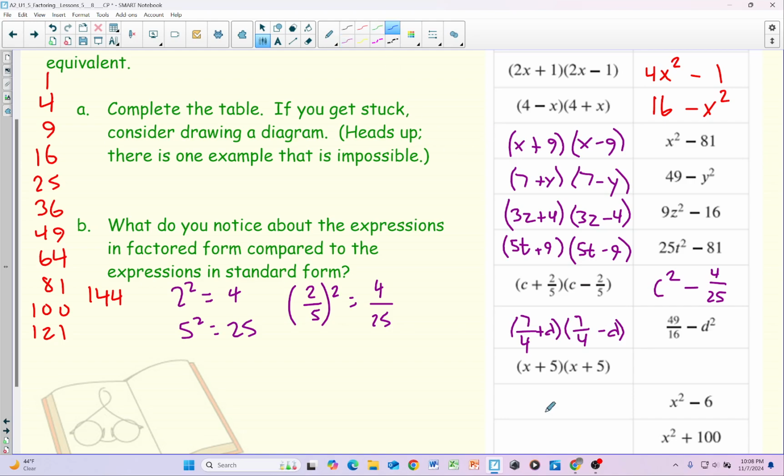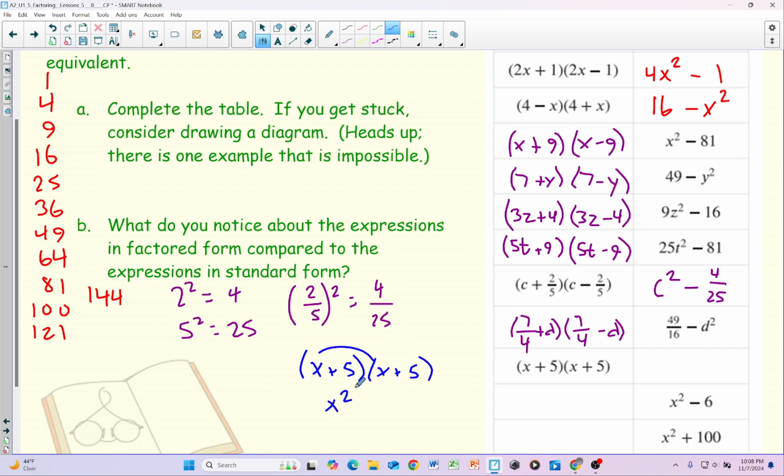What about some of these? X plus 5 times x plus 5. Oh, now wait a minute. Hey, didn't we just say that the signs have to be opposite? Well, yes. Now, can we multiply this and put this in standard form? Certainly we can, right? X plus 5 times x plus 5,